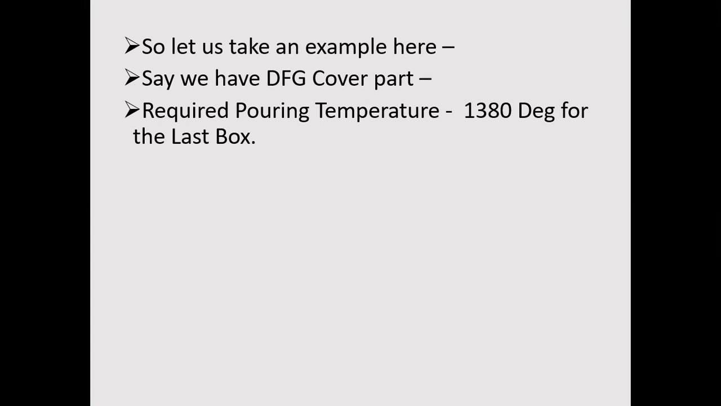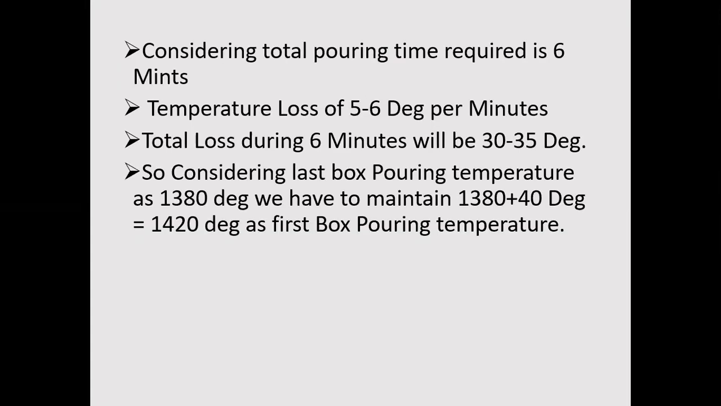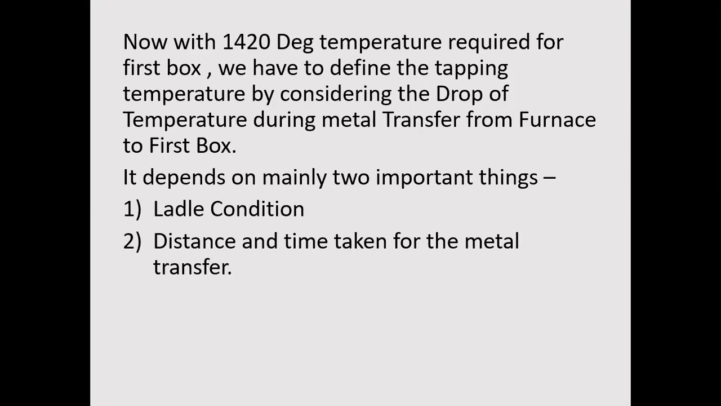Say we have a DFG cover part. Required pouring temperature is 1380 degrees centigrade for the last box. Considering the total pouring time around 6 minutes, the temperature loss is between 5 to 6 degrees per minute. The total loss will be around 30 to 35 degrees in the total span of pouring. So considering the last box pouring temperature 1380, we have to maintain 1380 plus 40, that is 1420, at first box pouring temperature. So now with 1420 degrees centigrade temperature for the first box, we have to define tapping temperature